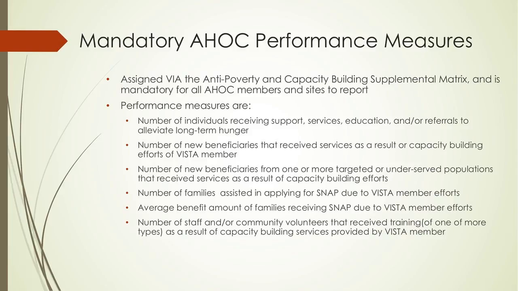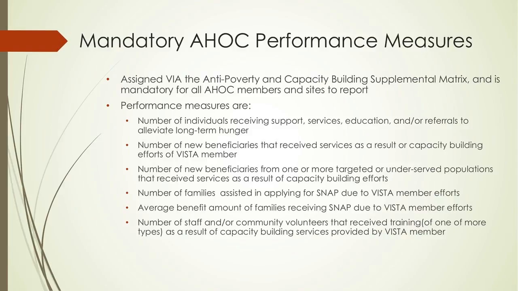And then let's just discuss the mandatory AHOC performance measures. These are assigned via the Anti-Poverty and Capacity Building Supplemental Matrix and are mandatory for all AHOC members and sites to report. So these performance measures are the number of individuals receiving support, services, education, and or referrals to alleviate long-term hunger, the number of beneficiaries that receive services as a result of capacity building efforts of the VISTA member,